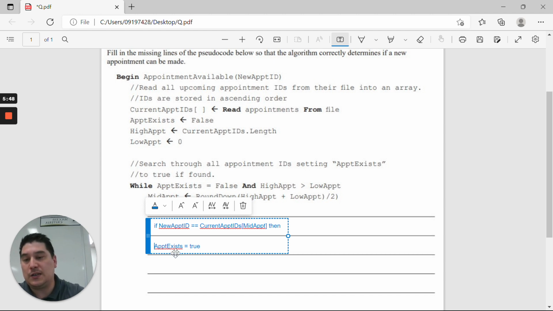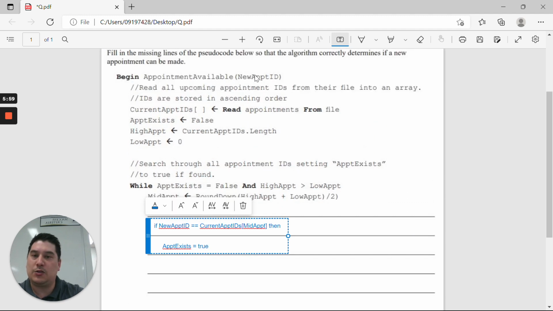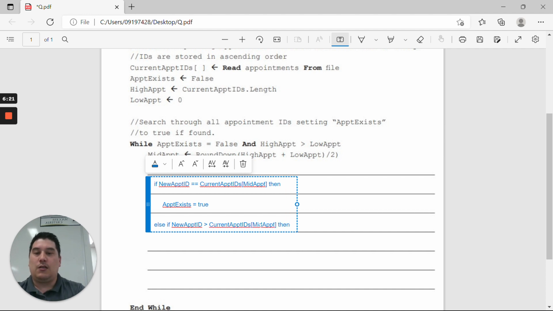This is a bit hard to do indentation, so I'm just going to use spacing. So first of all, if that midpoint isn't the actual appointment ID that we've passed in and then we're trying to check, then move on and say else if, because now we're going to check if the new appointment ID is more than current appointment IDs at the midpoint, then we are going to